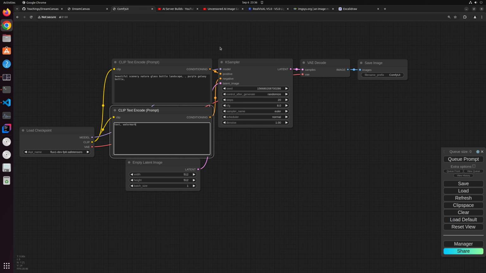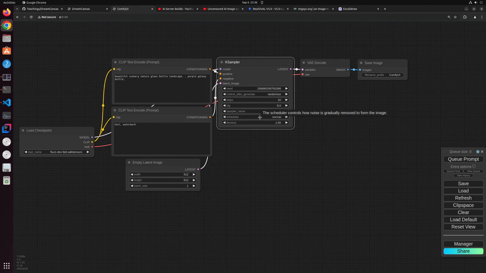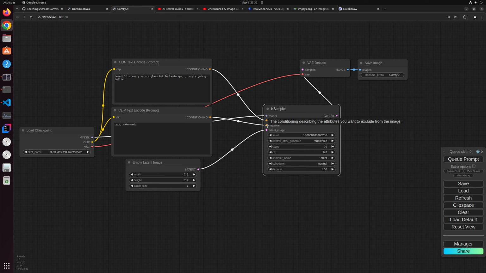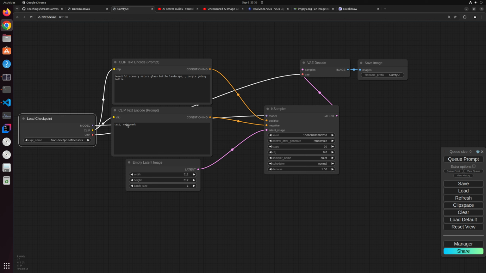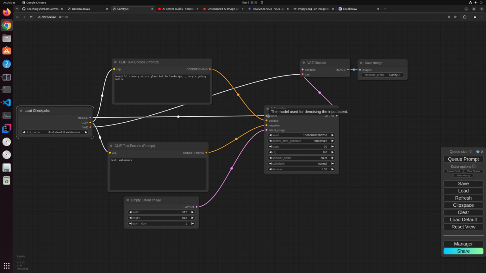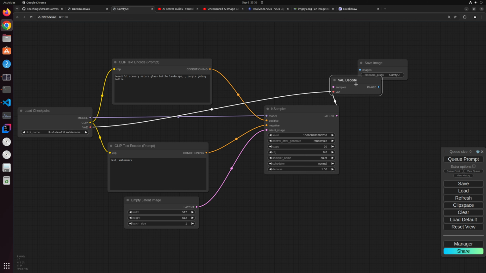Now, this third box, this particular one, this is the most important box over here. This takes the encoded prompt and the samples and the latent space to generate an image eventually, right? So if you see what this box is doing, it is taking positive, negative prompts. It is taking the model over here. So I don't know if you can see that. There's a model that is connected over here too. It's behind the scenes. Let's pull it down so you can see it. So the model is connected over here too. And it is also taking this latent space as an input, and it is then generating this particular VAE decode,